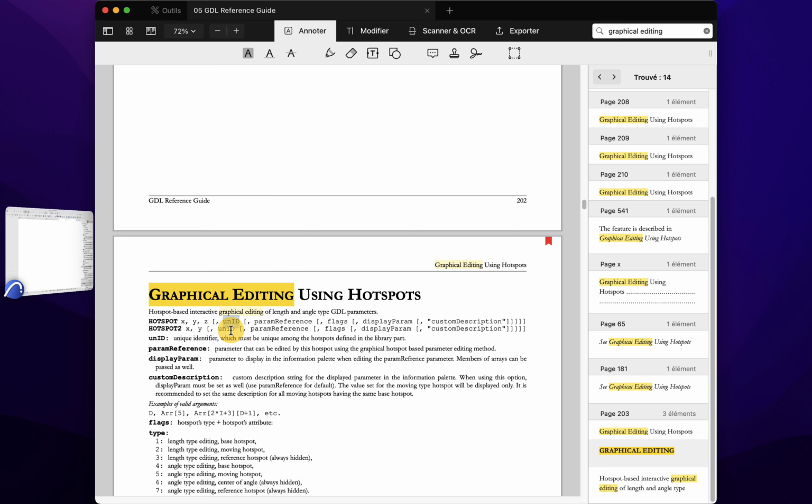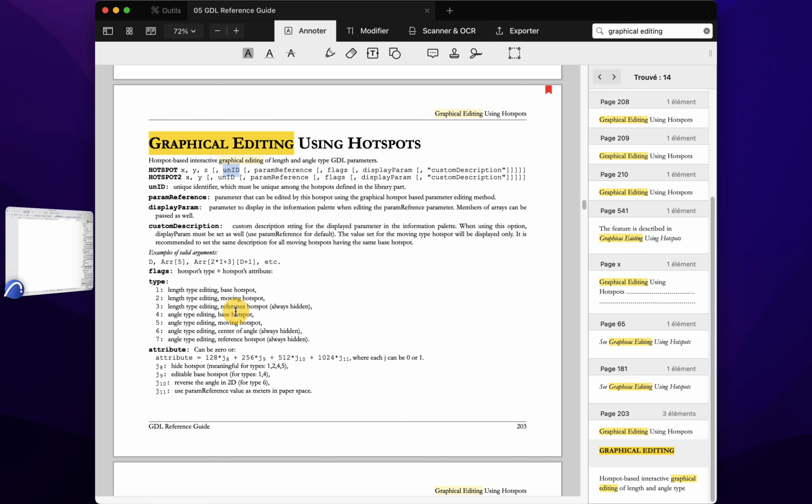You know, the unique ID is optional as well, but it is good practice to have it. And here you can see that we have the specific status code for our hotspots here. So now I have 1, 2, and 3, which is what we use for the base hotspots, the moving hotspot, and the reference hotspots.